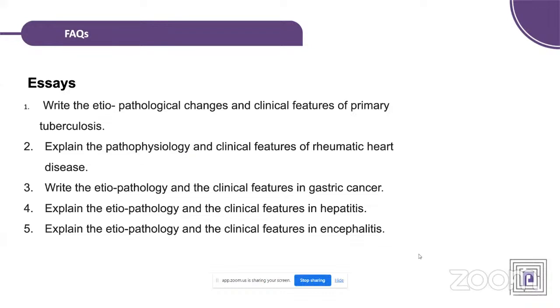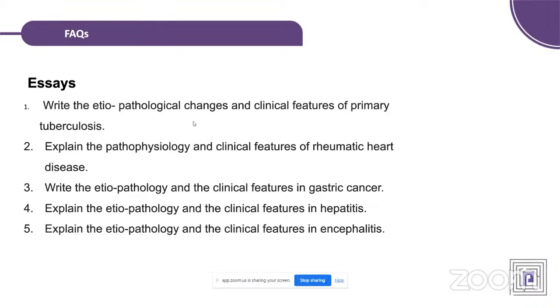So let us go to this, where frequently asked questions are discussed. Write the etiological changes and clinical features occurring in TB. So what is the etiology and pathological changes? First of all, in etiology, it is a bacterial infection, right? It is spread from person to person during coughing and contact with respiratory secretions, whatever. And pathological changes are